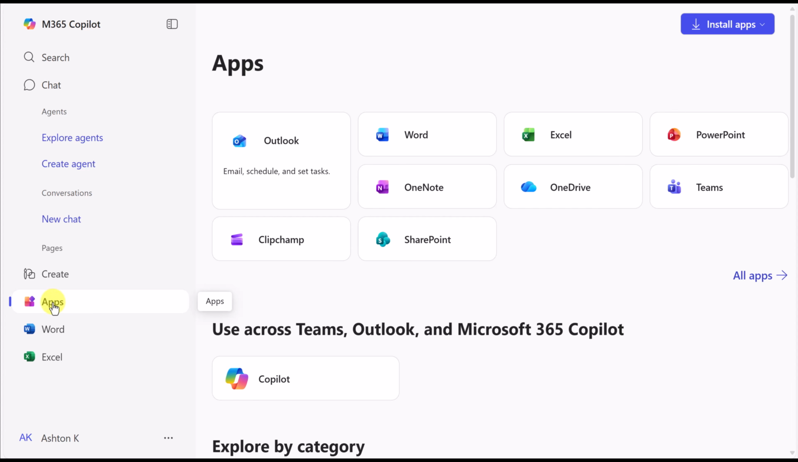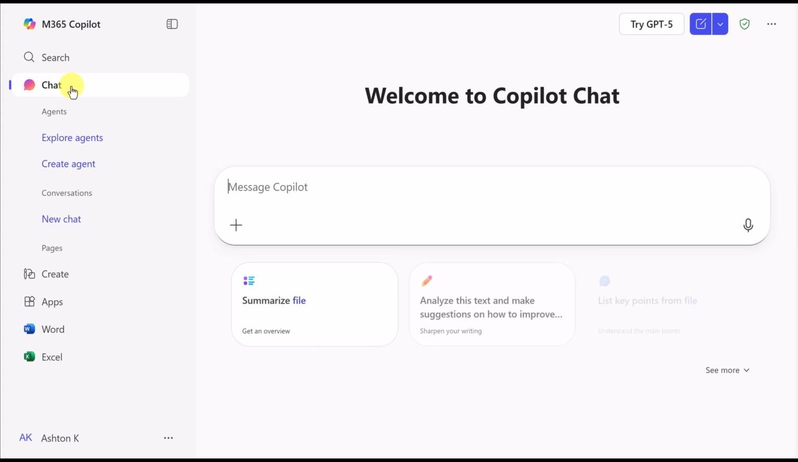Throughout the rest of this tutorial, I'll be going through the features of this sidebar, including the search, the chat, exploring AI agents, creating your own AI agent, looking at pages and what you can do with them, and creating amazing images and graphics inside M365 Copilot. I want to go to chat next and explain how this can be a powerful feature to get ahead on